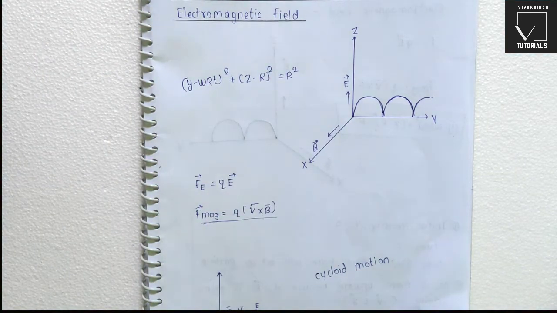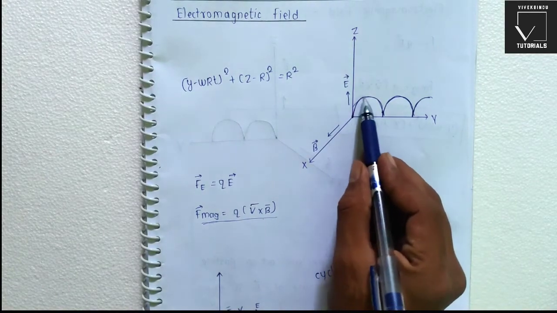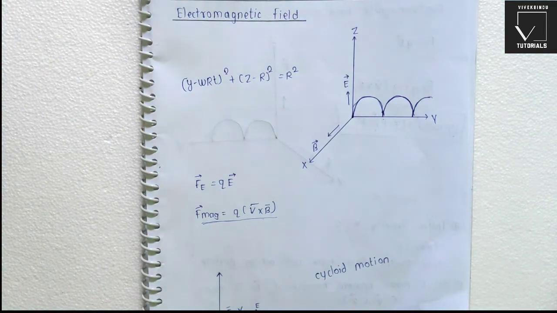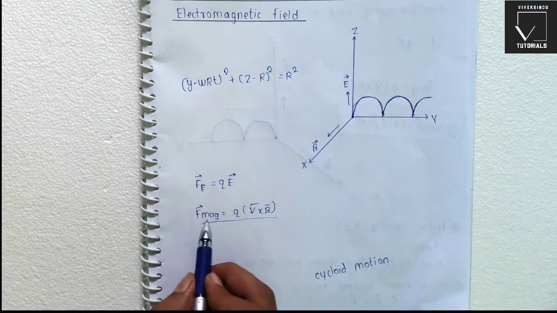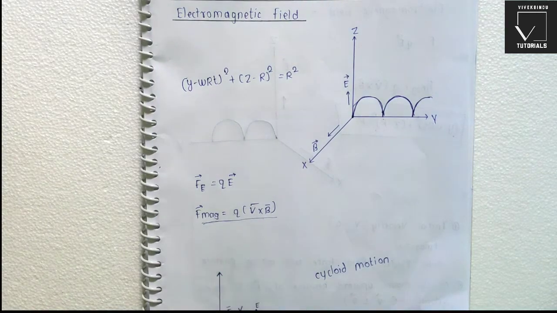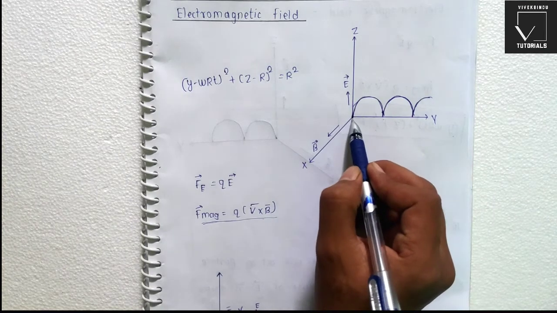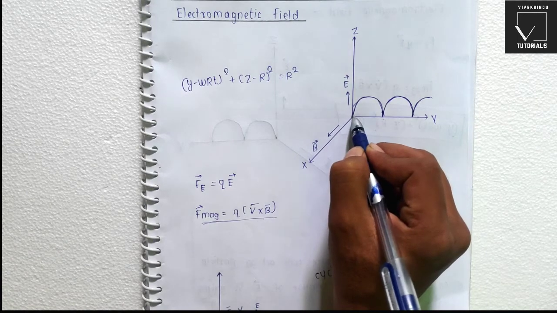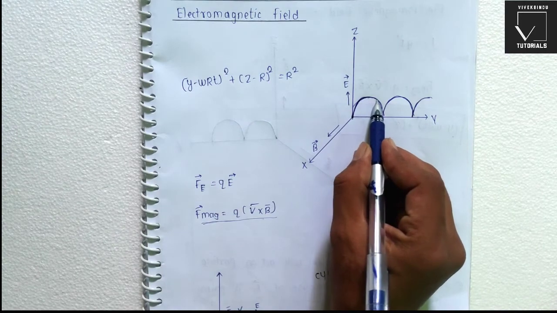So this is the equation of motion when a particle is moving through an electromagnetic field. So let's revise the topic. When a particle is moving through an electromagnetic field, it will trace a cycloid path, and its equation is given by this. For that, first we considered the electric field force equal to QE, and the magnetic field force equal to Q (V bar cross B bar). So this is the Lorentz force equation. Both forces will act simultaneously on the particle, so that when this particle starts moving upwards, it is deflected because of the magnetic field, so that the path traced by this particle is cycloid motion.